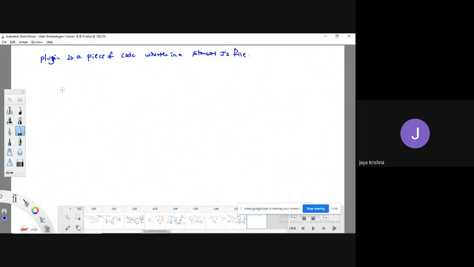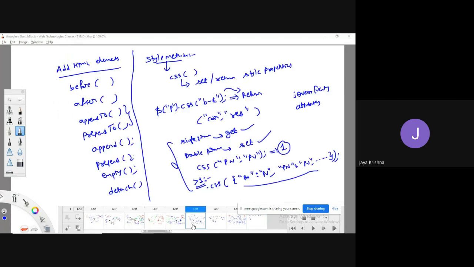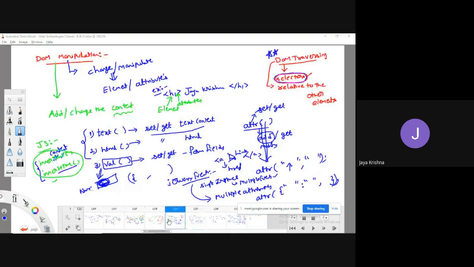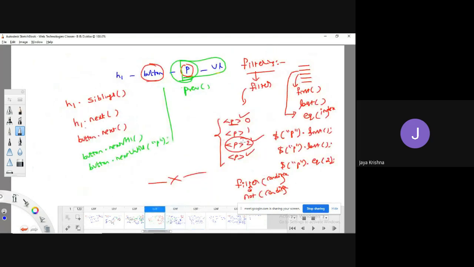Yeah, guys, I will explain instead of wasting time. In the previous class, I took the last method, the equivalent method, and the filter method, and the not method. Like this, I took various things, all in the traversing of the DOM. You can observe that I have taken first, last, and equivalent.